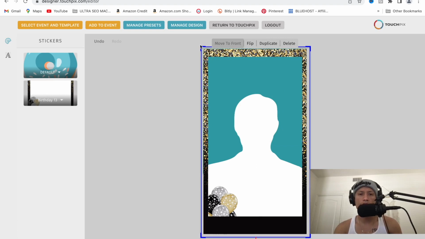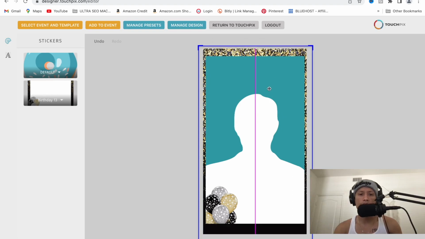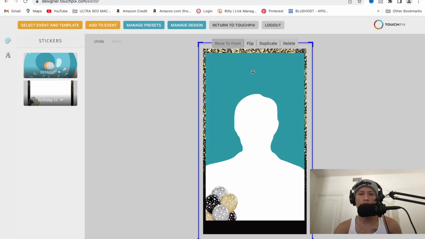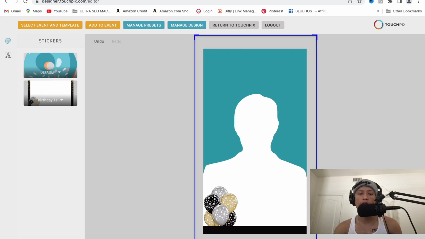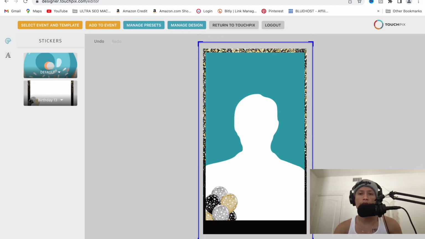The reason I'm going to stretch this out is I don't want it to... what's going on here? Here we go. There you go. I don't want it to take up too much of my real estate, because I want the client to get as much of their moment in the actual frame, and not have the overlay take up too much of it. See what I mean? So what I'm gonna do is leave it around right there, and then